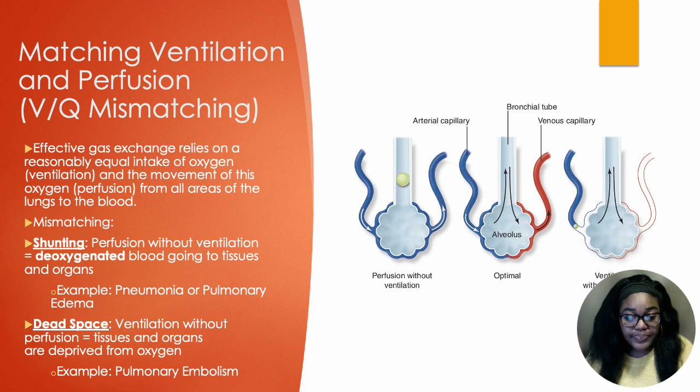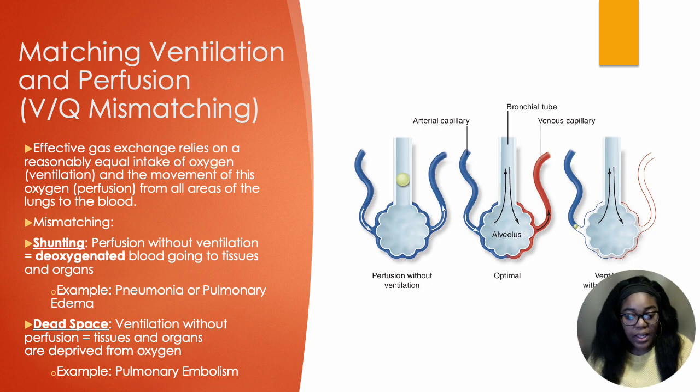So that is called shunting. And you see deoxygenated blood going to tissues and organs, which would eventually cause organ death and death of those tissues, because you're not perfusing them very well if this goes on long term. So you have lesser cases of shunting. You have pneumonia or pulmonary edema. And again, this is where you do not have perfusion because there is no oxygen getting to these organs in